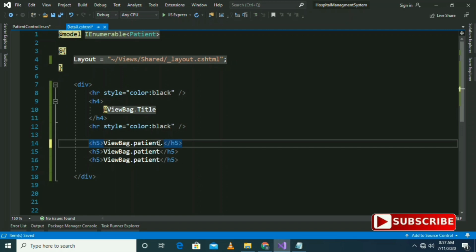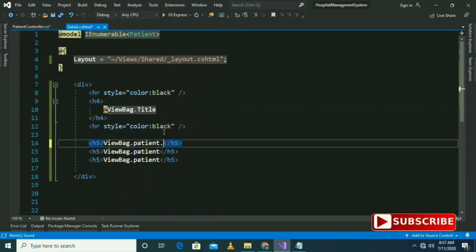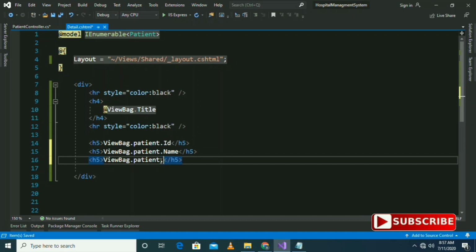What I need, I want only the name property. Here name, so spelling must be the same, and here IntelliSense will not work, so it will not tell you that you are making a mistake, so be careful about spellings.